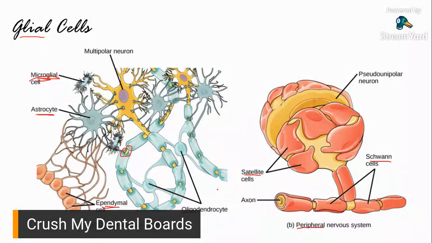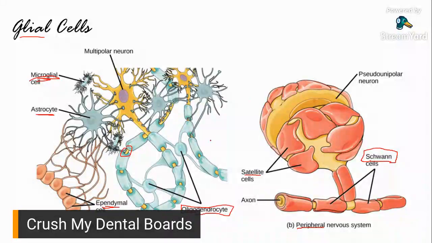I want you guys to pay attention to these two. You'll see these often. They're similar, but they're different. Labo, no? They're similar, but they're different. Okay. Now, what's the difference between an oligodendrocyte and a Schwann cell? Or what's the similarity muna? Para malinaw. What's the similarity between an oligodendrocyte and a Schwann cell?